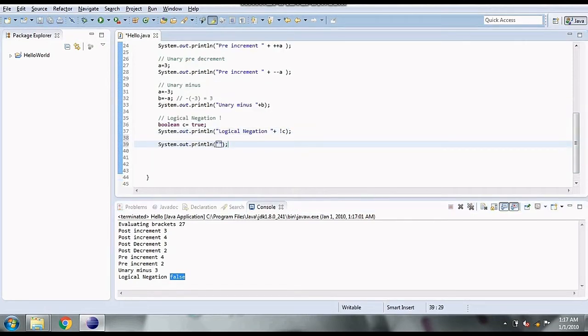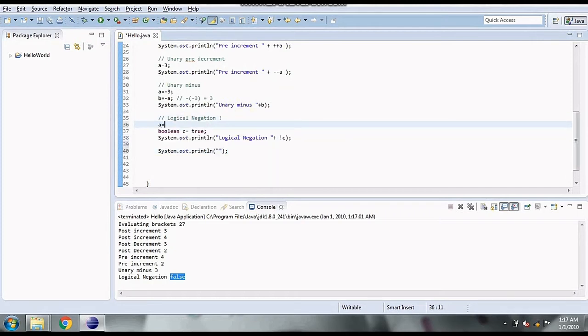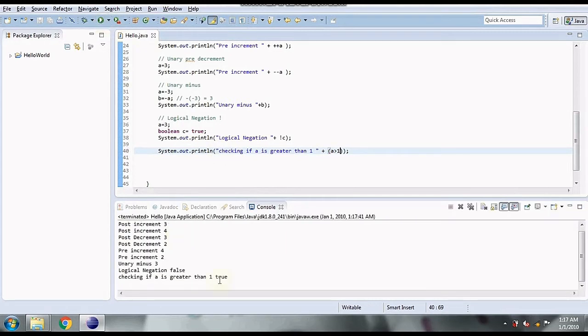If I am checking a condition, such as if I want to check if the value of a, that is 3 for now, is greater than 1, I will check it like this: a greater than 1. This should evaluate to true.